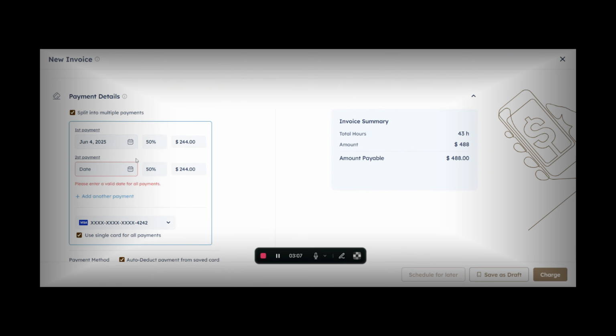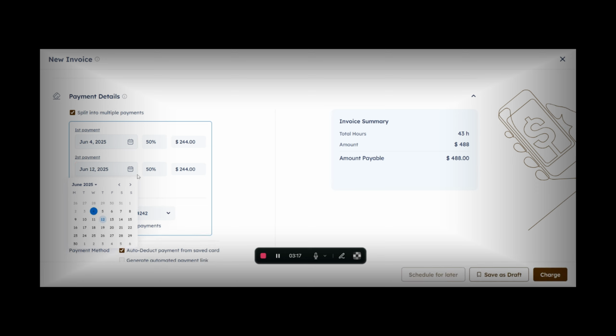You can see that now the invoice can be paid in two installments. So the admin can add the percentage for each of the installments and then a due date for each of them. Once that is added, the admin would have to make sure that the addition of this and this would always be equal to 100%.